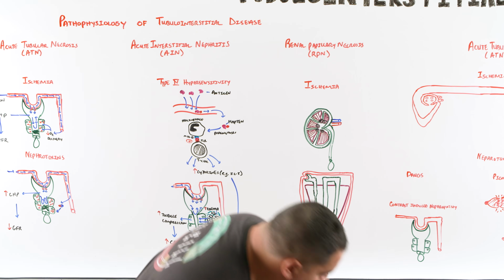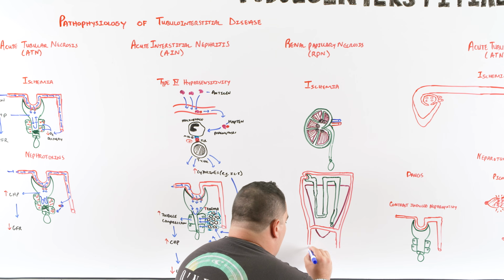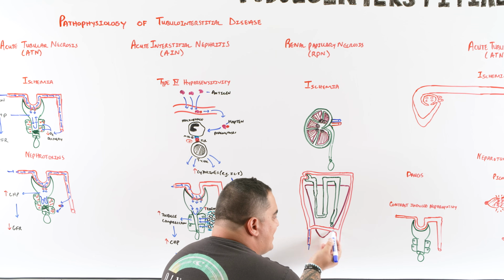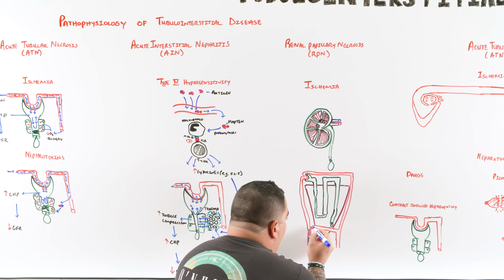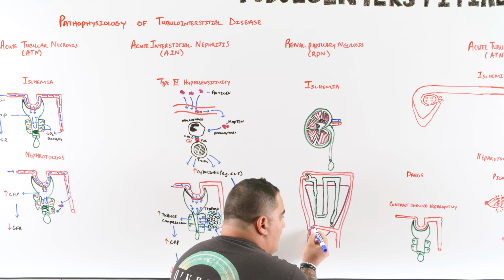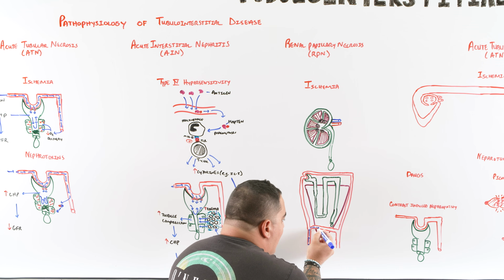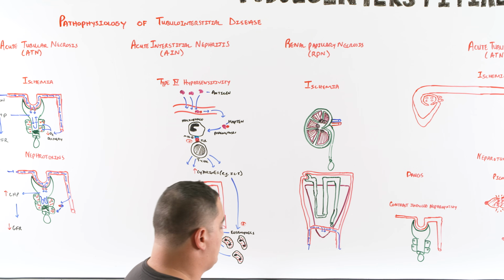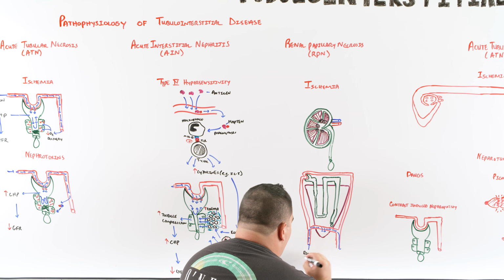So let me explain something. The concept here is that you have blood flow coming up through this area. And then here at the papilla, you have these tight little blood vessels called the vasa recta. If there is not enough renal perfusion, maybe there's an obstruction of the vessel, maybe something is compressing the vessel, but whatever it is, I'm just not getting enough oxygen delivery to these tissues. That's going to cause the same exact concept that we talked about before. So you're going to have renal blood flow here,